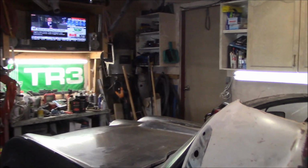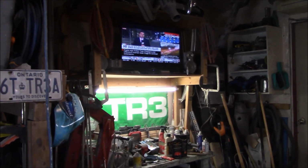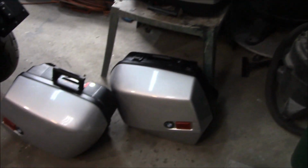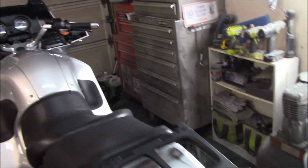It's Wednesday, November the 6th, and just coming up to about 5:30 or so. We're out in the garage doing a little bit of organization. We're going to get rid of these cases off the BMW, and I've still got the saddlebags off the Drifter over here on the floor, so we're going to start cleaning the garage out and trying to organize this a